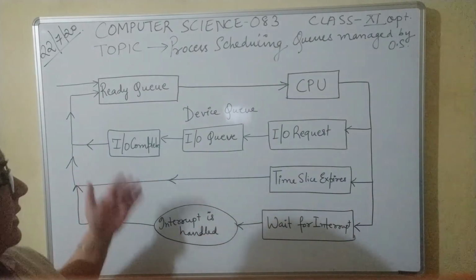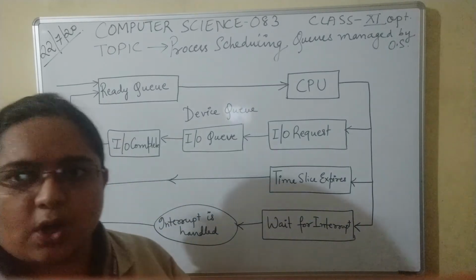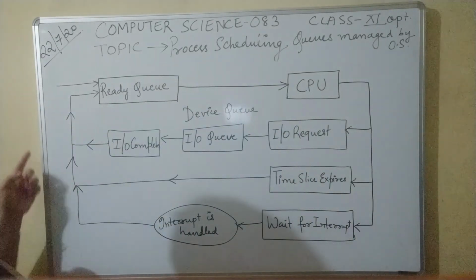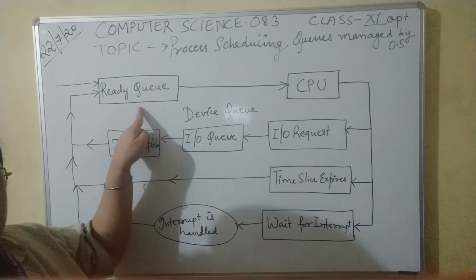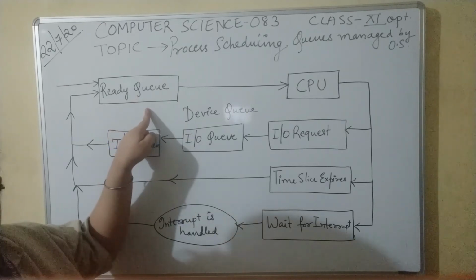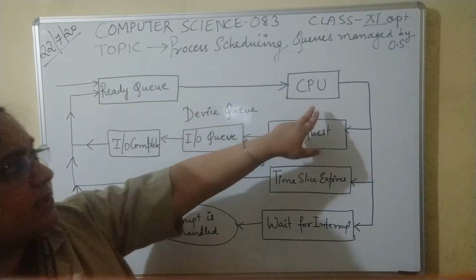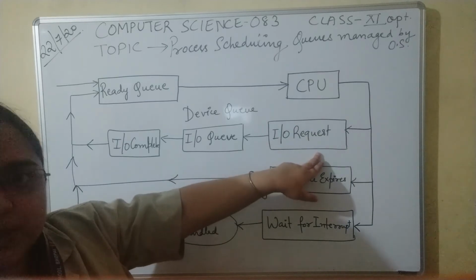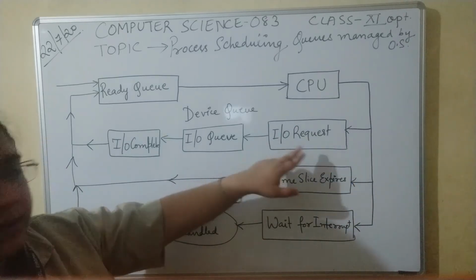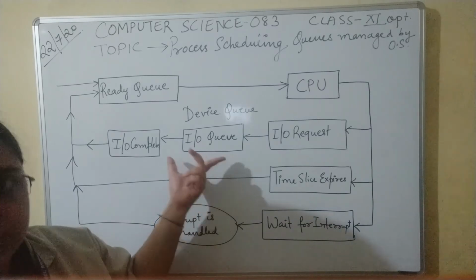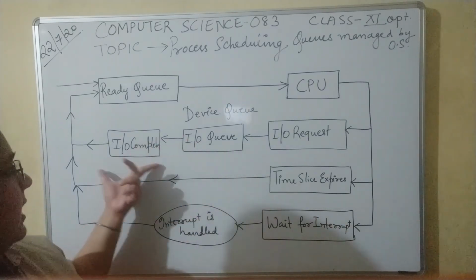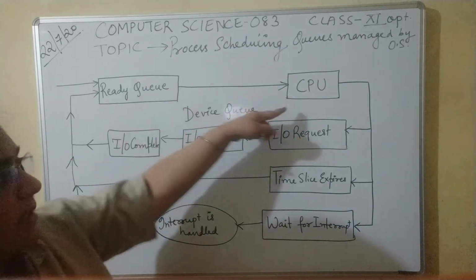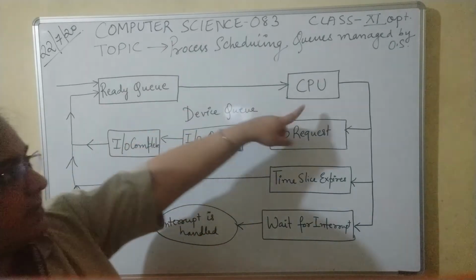Now you can see a process is created, it is in the job pool, then it is selected by the long-term scheduler, it is brought into your memory, that is RAM, and it comes into your ready queue, ready to be executed by the CPU. Now from the ready queue, it again goes into the CPU, that is, it is executing. In between, there could be some input or output statements. So an IO request is generated and the process goes into the device queue, whether keyboard or monitor or printer. Once the input output request is complete, it again comes back into the ready queue and is ready to be executed by the CPU again. So now again it starts executing.